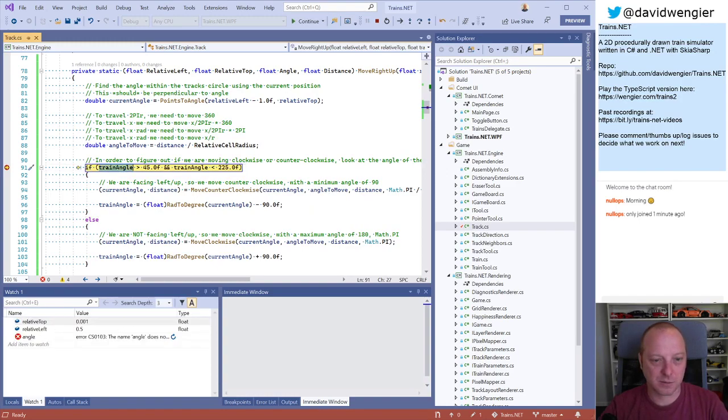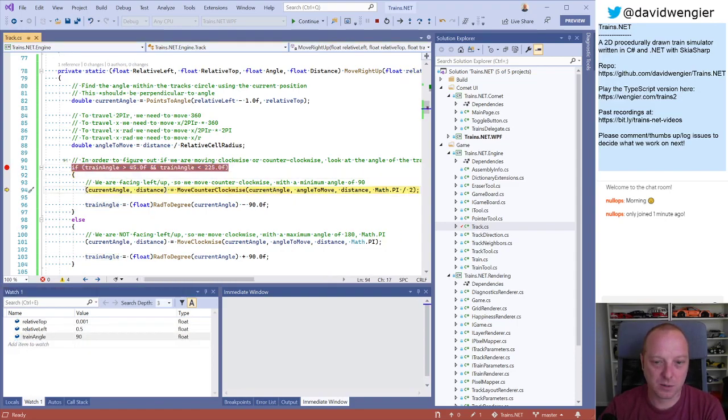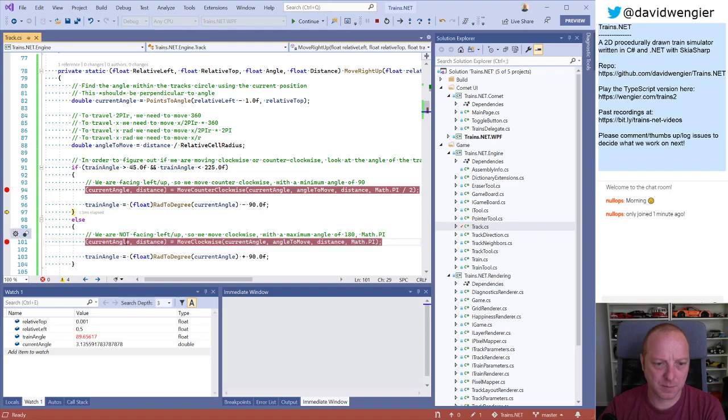So, okay, let's first of all we'll fix up these things. So train angle. So we're at 90, that's cool. Our current angle is just over pi. I would expect this to go down. And in there. So this should go down. Oh, I missed that. I think I did. A little bit. Very small amount though. So our train angle is now 89, that's right. And our relative top